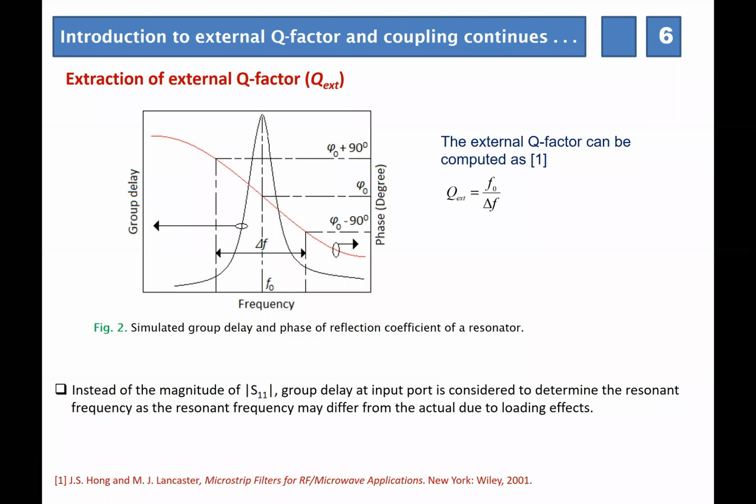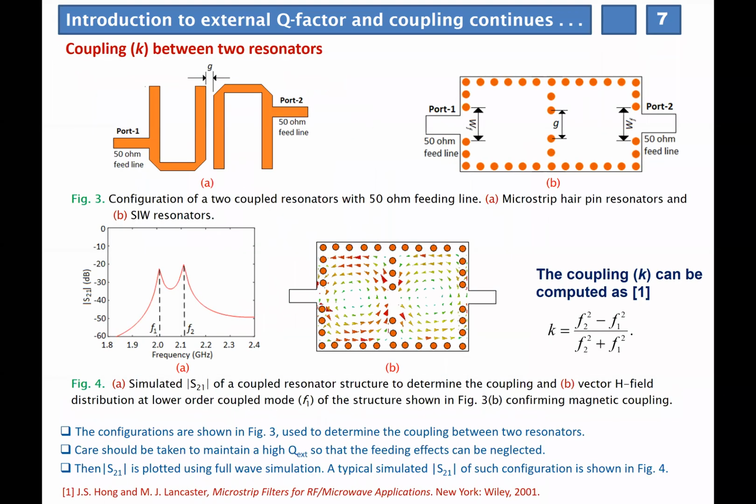Now, the external quality factor is the measure of the energy that is flowing inside the resonators from the outer circuitry. If the external quality factor is high, that means low energy coupling, and low external quality factor means high energy coupling. Now let's come to the point K, coupling. Coupling between the two resonators, higher coupling will be indicating higher energy coupling between these two resonators.